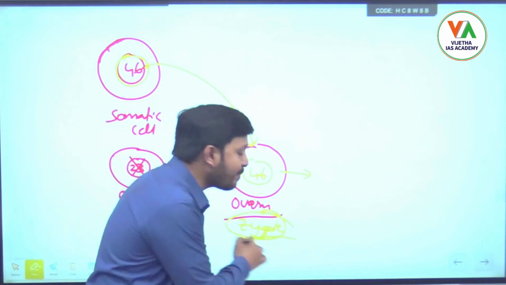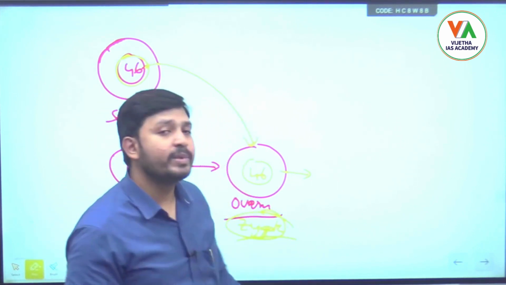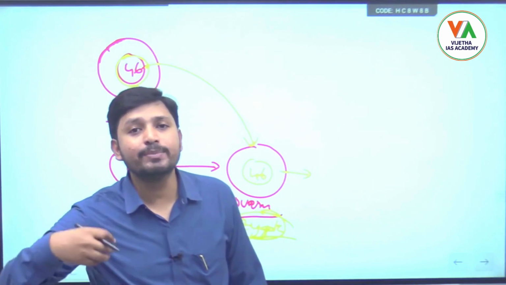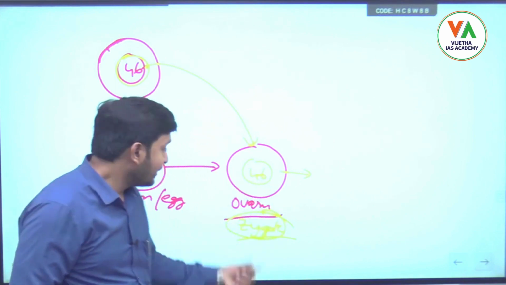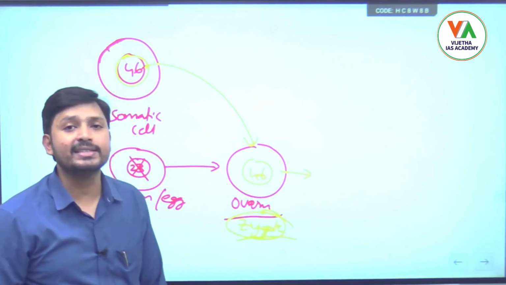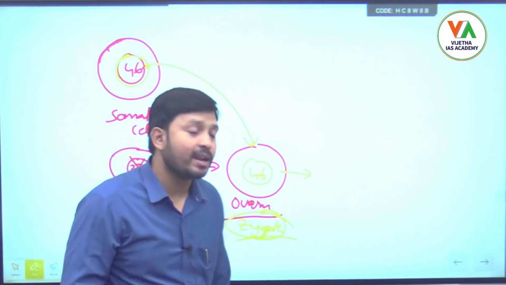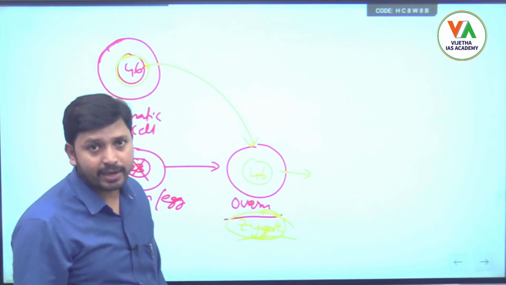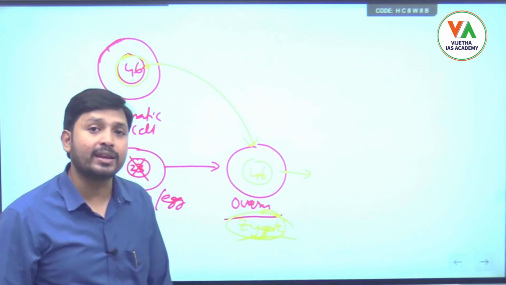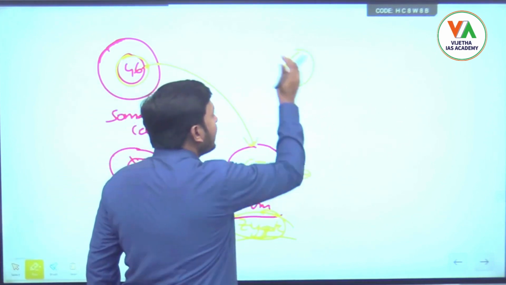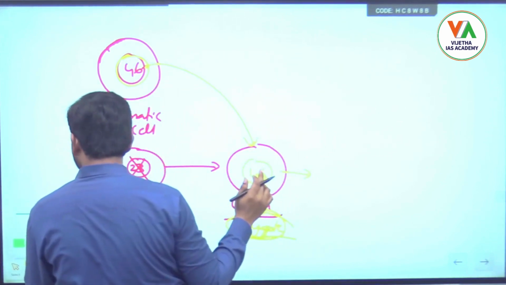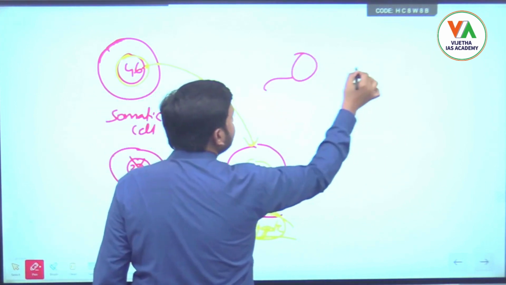So in the lab I will modify this ovum by applying some chemical reactions or some electric current in such a way that this ovum itself will start acting as a zygote. Once a zygote is there, if you see, 46 chromosomes are there, but all the 46 chromosomes are coming from whom? It's myself, right? But in normal cases, if I take this is the sperm and this is the egg.